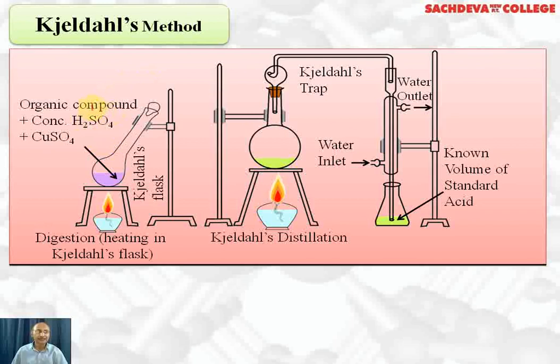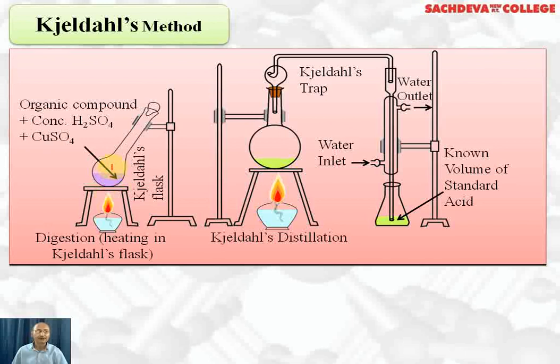Here what we do, we take a known weight of the organic compound in this Kjeldahl flask, and we add concentrated sulfuric acid. We also add copper sulfate, which raises the boiling point of sulfuric acid. This mixture is heated for around 2 hours, and this process is called digestion. During this process, ammonia will be liberated from the organic compound, which will combine with sulfuric acid so as to